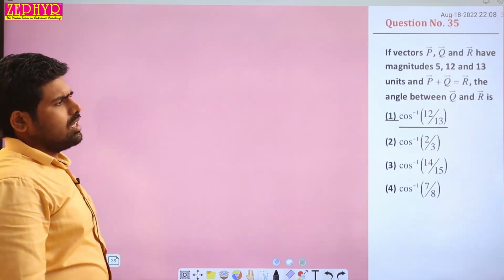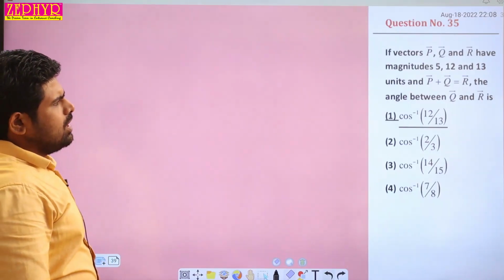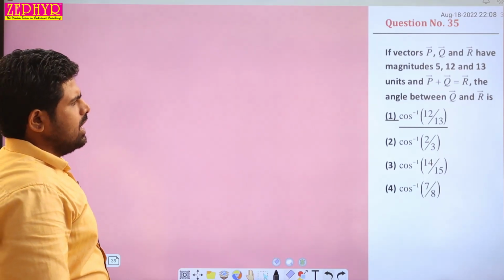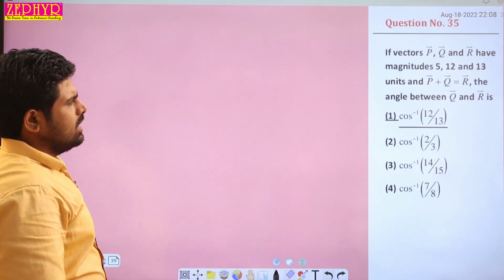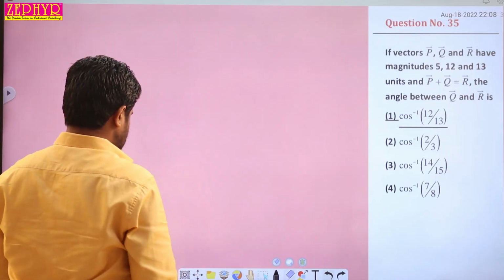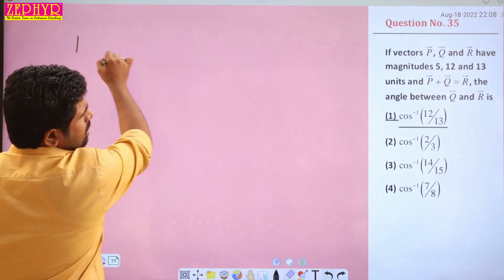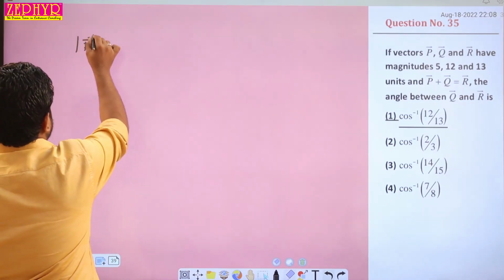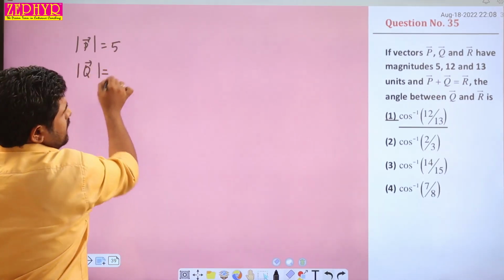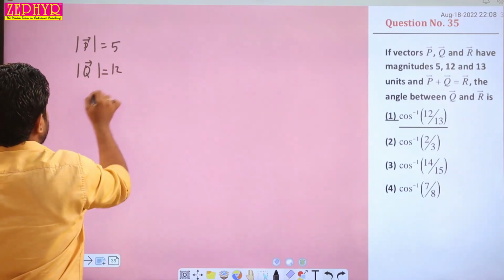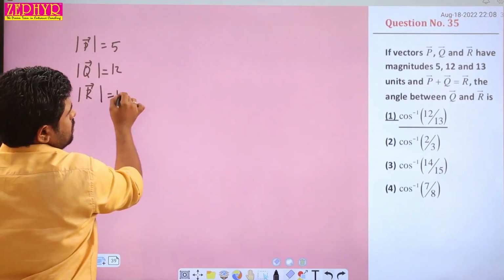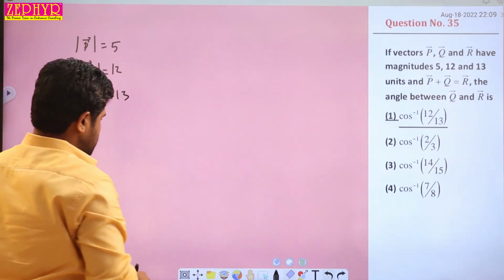Then question number 35. If vectors p, q and r have magnitudes 5, 12 and 13 units and p plus q is equal to r, the angle between q and r is? Okay. So here the magnitude of p vector is equal to 5, the magnitude of q vector is equal to 12, and the magnitude of r vector is equal to 13. This means that